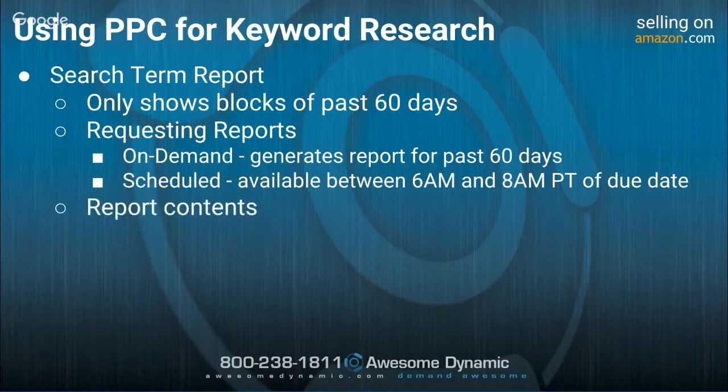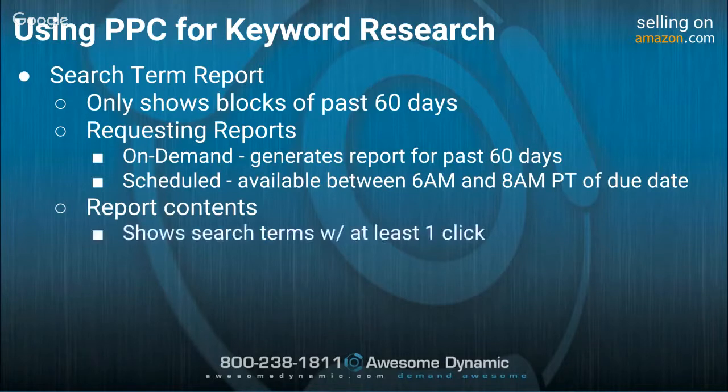What's contained in each of these reports? The first thing that you'll see is that it'll only show you search terms that have at least had one click. Was this direct, Blake, and I think Blake was the one that put this in here. Was that directly from Amazon in terms of this information? Yeah, it is. Okay. Because I'm trying to think back to some of the reports that I've seen recently, and I think that they show ones that have at least some impressions, maybe no clicks. I'm trying to remember. Paul, I don't know if you're